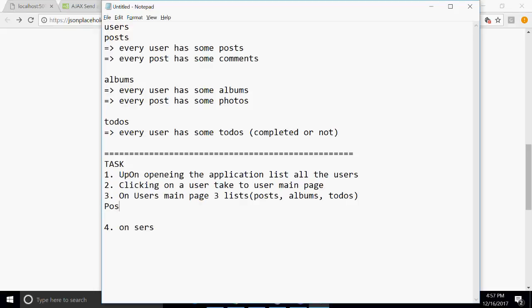Like I want a posts heading, after that one post title, the title of post 1, second thing, title of